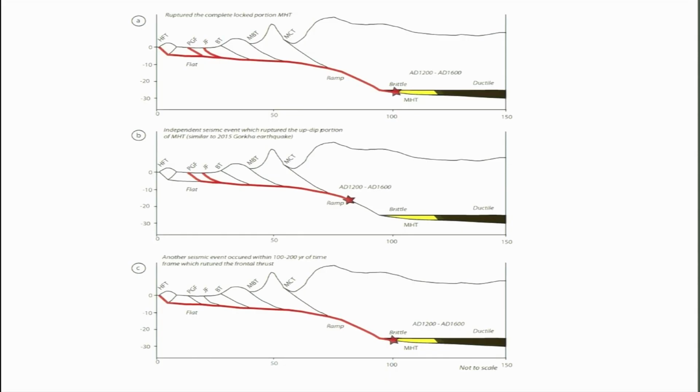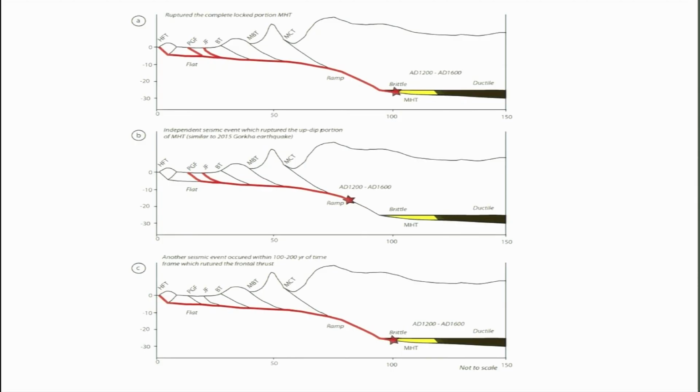In the second scenario, there was another event, because if you trigger an event here and bring the rupture close to the frontal part, then you need a very large magnitude earthquake. But if it is on the ramp side, then taken up by the flat structure, then probably these two faults move together in one earthquake. Or there is a scenario that there was a major earthquake which separately moved this